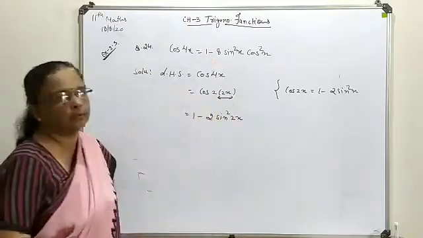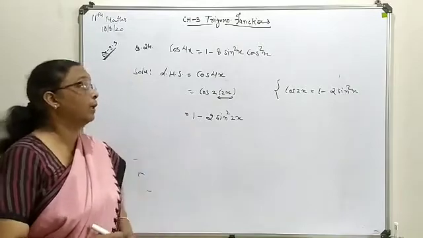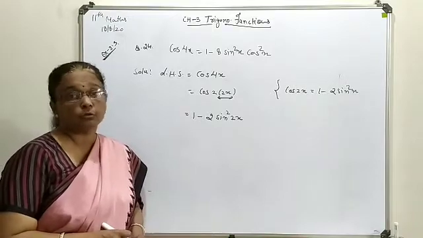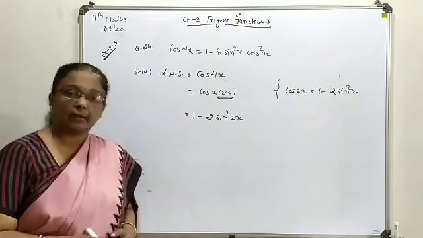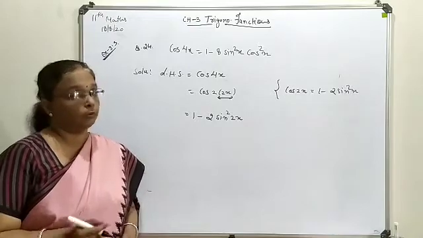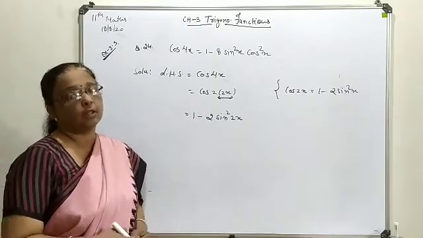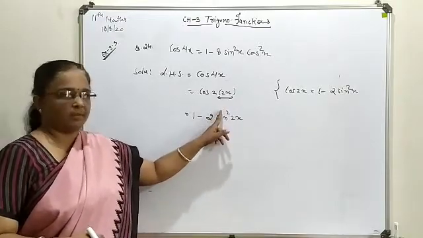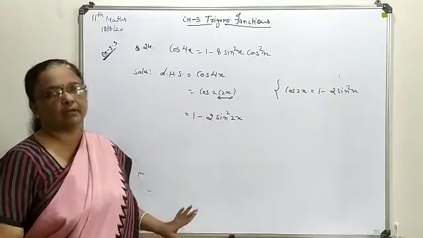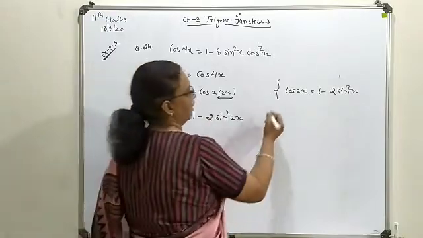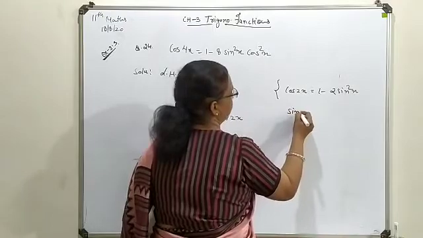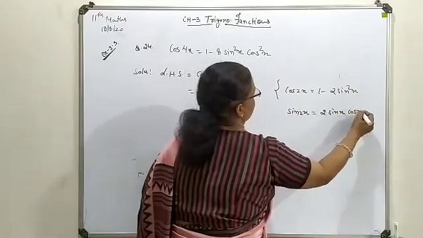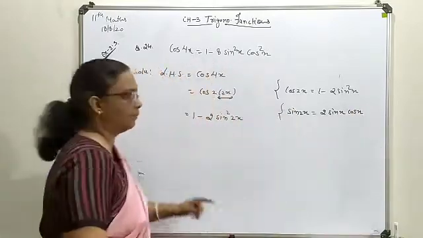Still we are not up to the answer form. In your answer both the terms are required with the single angle, not in form of 2x. So for sin 2x again we have a formula, that is only one in terms of sin and cos, 2 sin x cos x. So that formula you will implement, make that expansion form square, and that will give you the required answer form. So the other formula we will use here is sin 2x, that is your 2 sin x cos x. So this is the second formula you will implement.